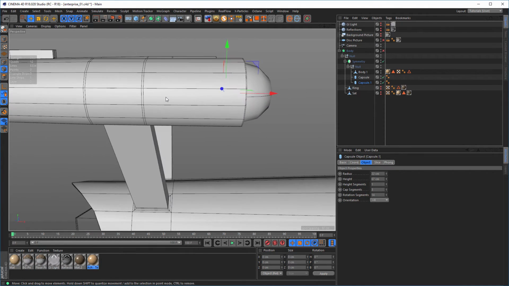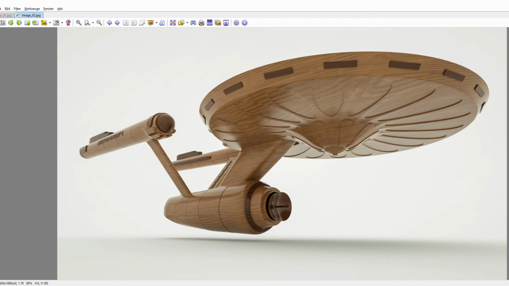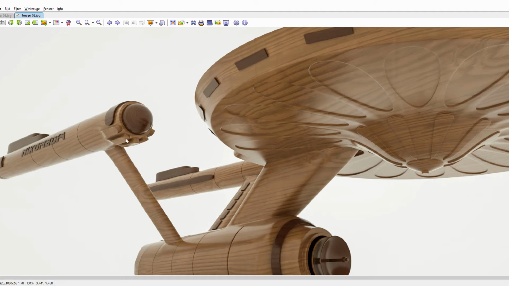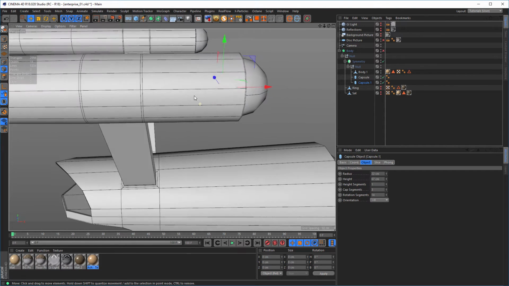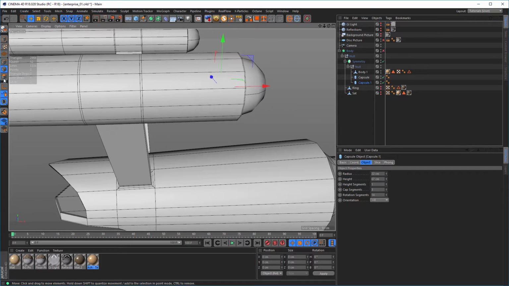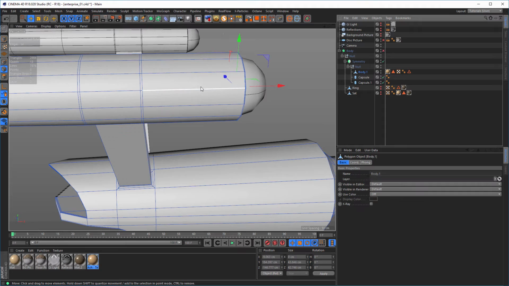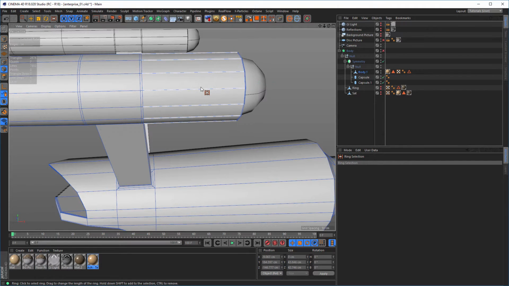What is next? Let's see. The next thing is, let's make these things here. I don't know what this is, but let's do it. Okay, for this I want to make here in body and UB for a ring selection here, MF for edge